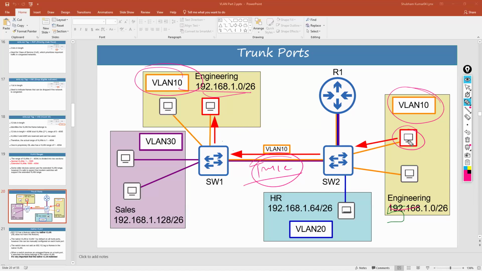Yes, possible. Let's suppose this is sending the packet. This packet will reach the switch. What will the switch do? Broadcast. Let's suppose this is a unicast packet. Then